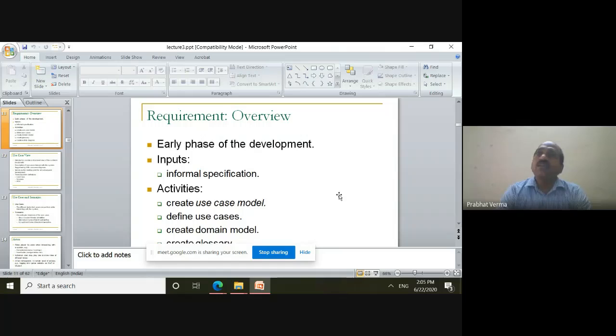For example, in a bank ATM system, you may like to withdraw some amount. That is a task. This task is made up of many sequences of operations that are to be performed in some well-defined manner in order to perform that task. So this task is known as the use case. Each task is a use case. So that is a transaction. So many use cases make up the system. Basically, we make use of use cases for gathering the user's requirements of the system.